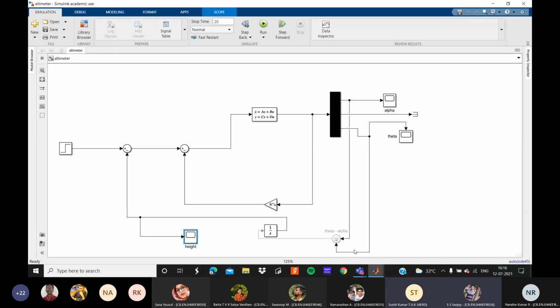What I would suggest is, between these two summers at the top, you can add one gain block. We still haven't added the elevator block, sir, so we are only checking for disturbance or autopilot. That's why height is constant. Elevator disturbances are not yet confirmed. These are only normal disturbances, and for that the autopilot is working fine and we are having the same altitude.